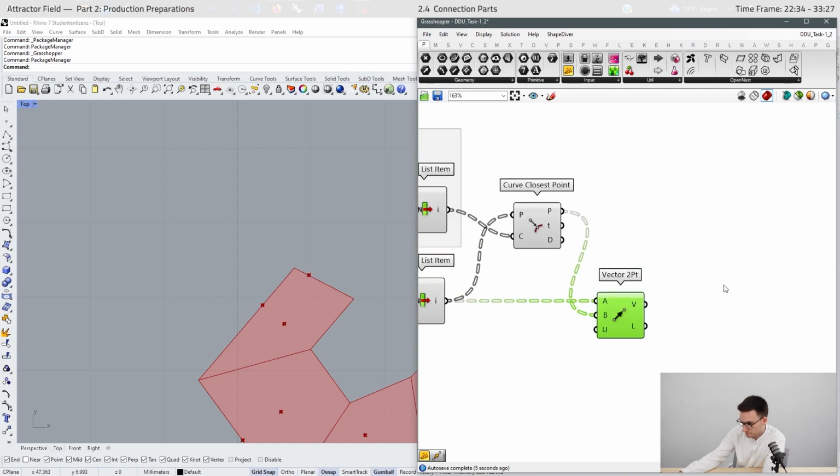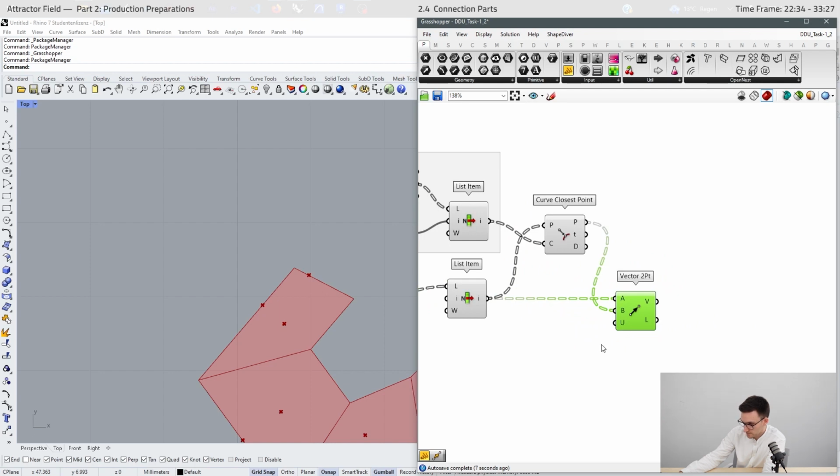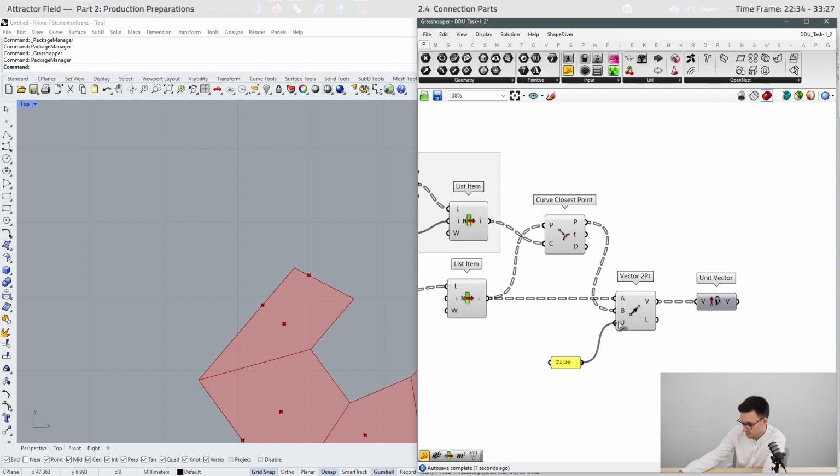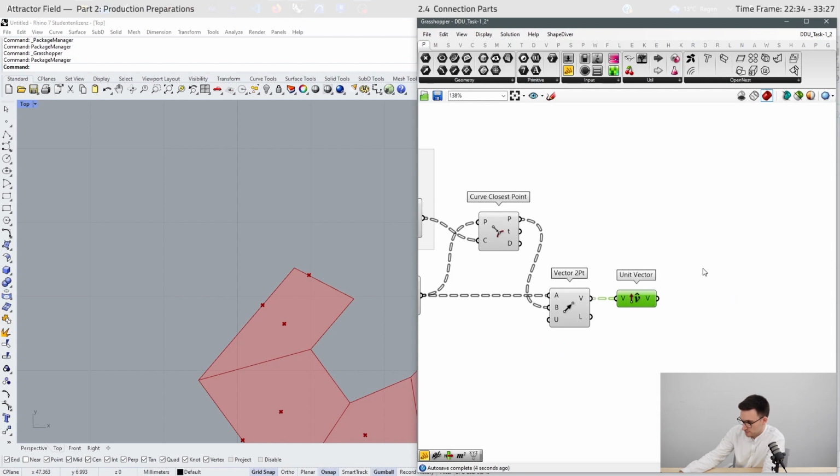And we will unitize the vectors. We can also do this with the unit vector component, or we can type in true. This will do the same. You can unitize the vectors, so the vector length is just 1.